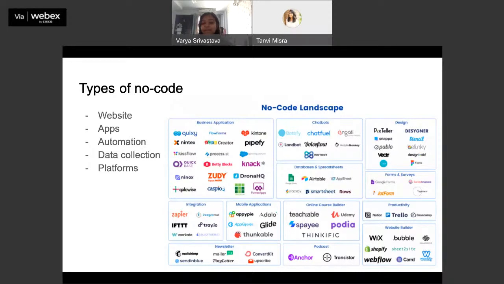And by apps here, I mean like proper functional app. You can make a very simplistic version of, say, a Zomato or a Swiggy using these apps. It might not be as complex and sophisticated with all the algorithms like an actual Swiggy or a Zomato is, but it will be a working prototype for you to begin with.